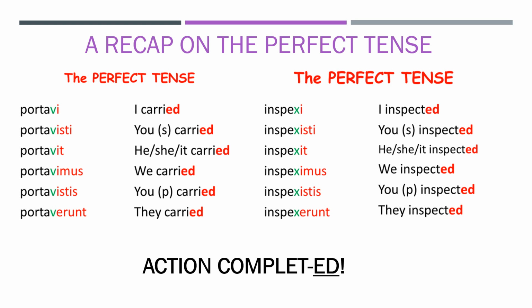As with all Latin verbs, it's comprised of two parts, the stem and the ending. The stem is the part of the verb which contains the root meaning, and the endings, of course, indicate what person or thing completed the action. I've just highlighted here in green and red a couple of clues that will often guide us towards the perfect tense. The letters in green